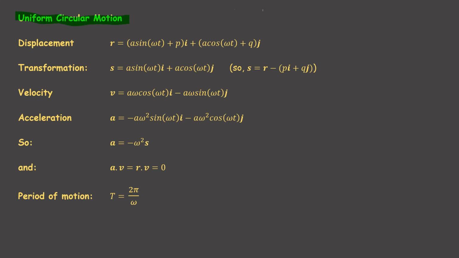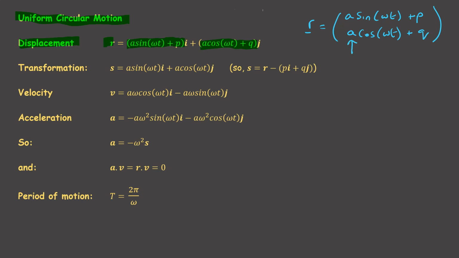Uniform circular motion, displacement, r is equal to a sine omega t plus p, a cos omega t plus q. So I like column vectors, as you know. I would have that as a sine omega t plus p and a cos omega t plus q. So it's the same sort of thing we had in the last lesson, but we've got the same value here